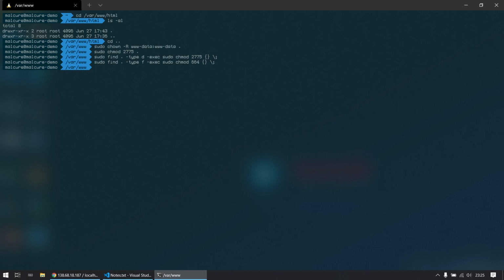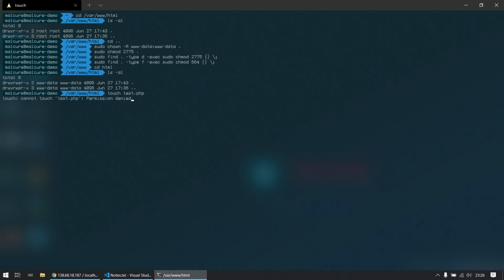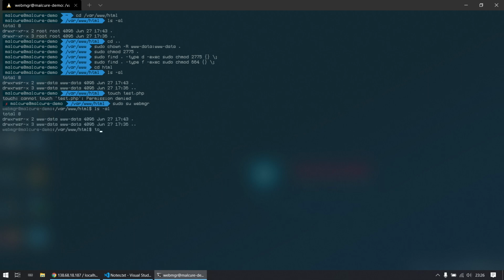And that's it. So now nobody else can go into this directory and write anything other than the users which are part of the www-data group. If I try to touch something here, touch test.php, it's going to say permission denied. But if I go ahead and sudo su webmgr, ls -al, and do a touch as the web manager user that we just created,